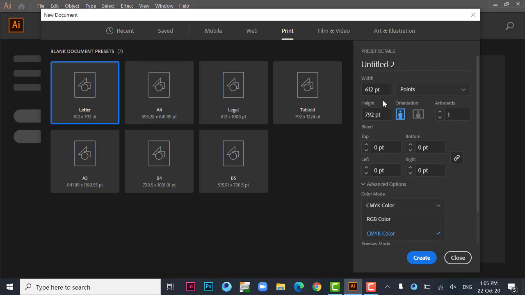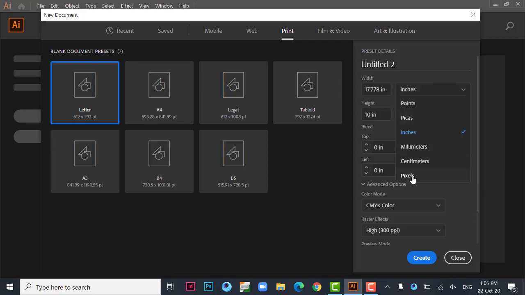Okay, let's go back to the sizes. 1280 by 720, and here you can see units. What is unit? If you need to create a banner in feet, so you will divide that feet into inches. Let's suppose 5 feet, and you will divide that 5 feet divided by 12.